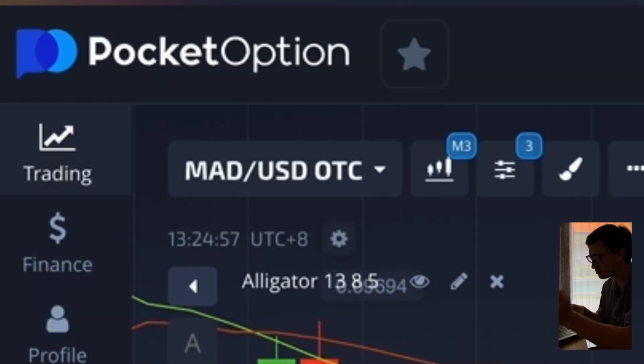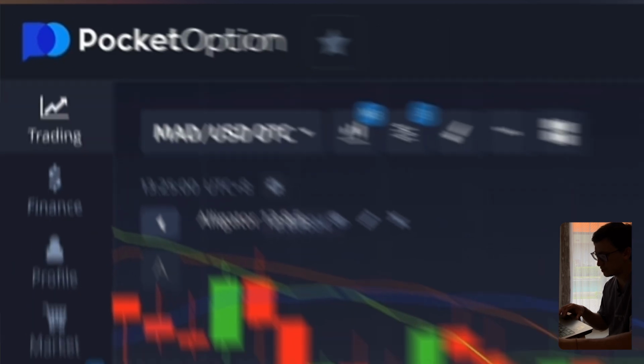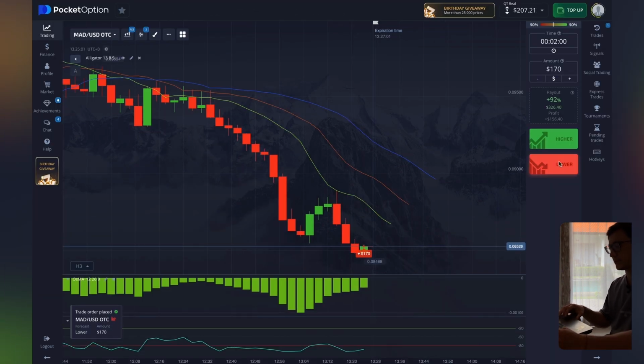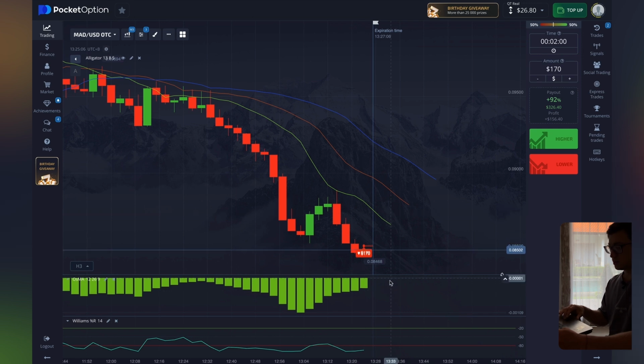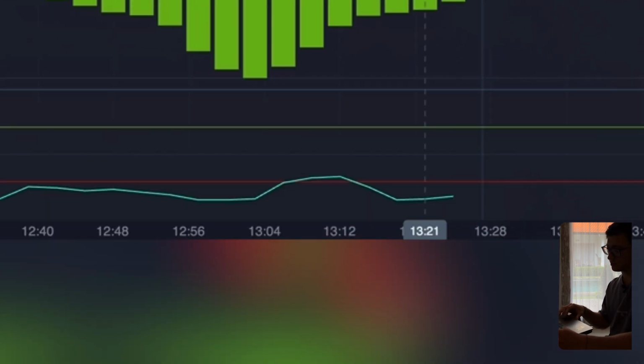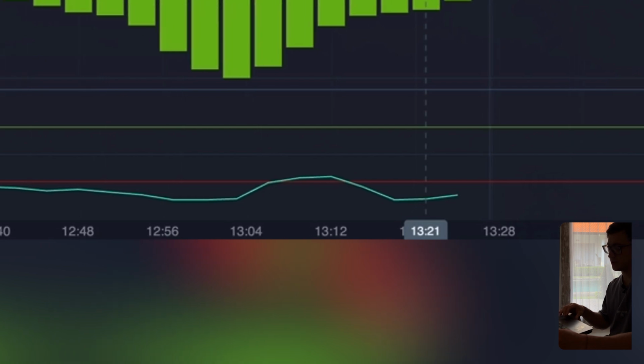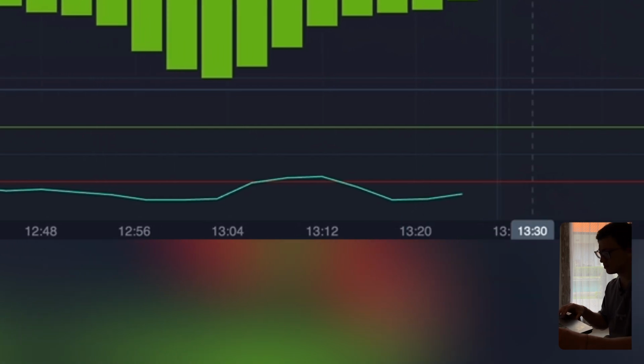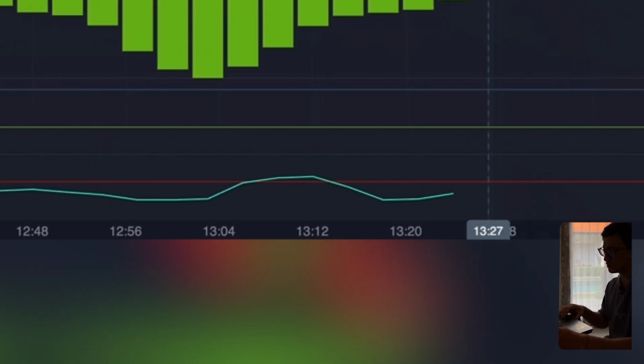So before us, the currency pair Moroccan Dirham, US dollar, I'm going down, and let me explain everything in more detail. So we immediately look at the Williams indicator. It crossed two support and resistance lines, and it's redirected down towards the lower part. They indicated that the movement is starting bearish.